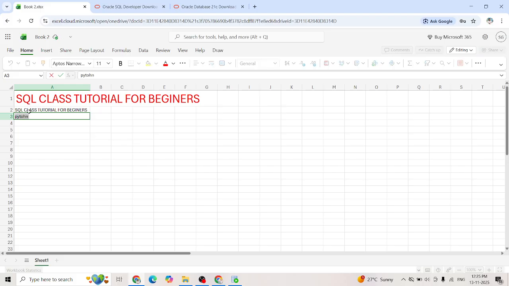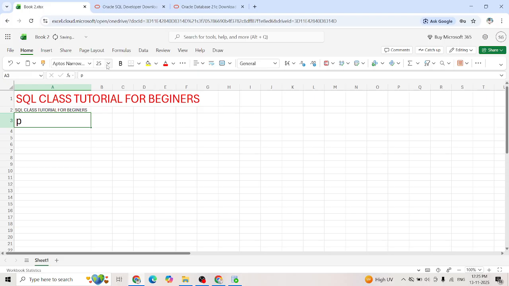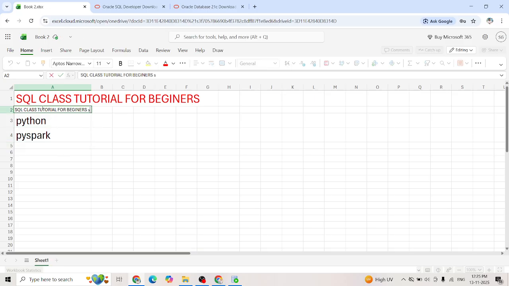I think you guys cannot see that, right? Let me increase my font size. I think yes, this is better. Python, and with this we have a Python library called PySpark as well. And with these three languages, we need to have